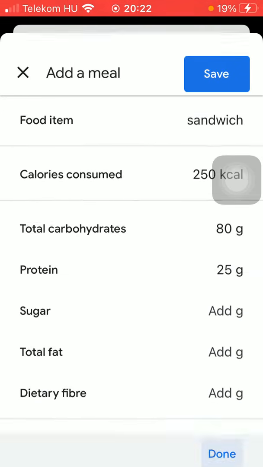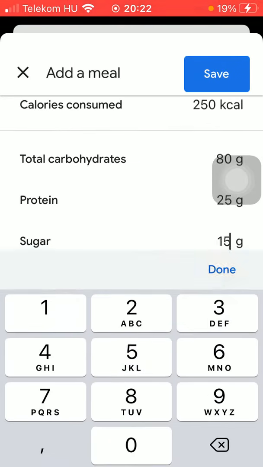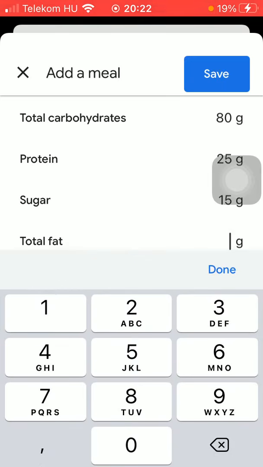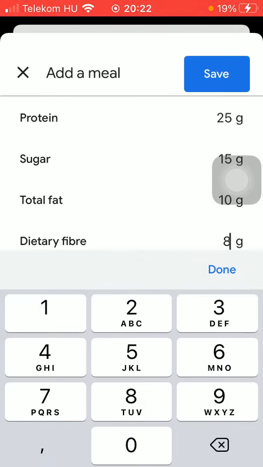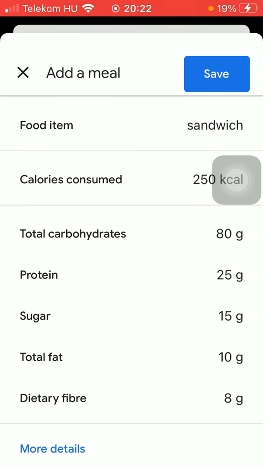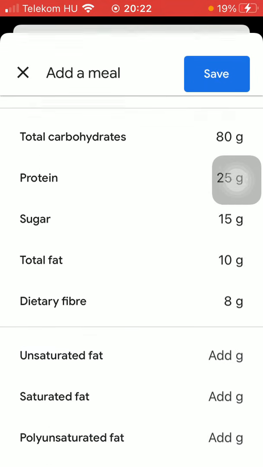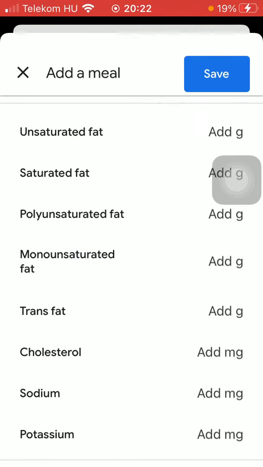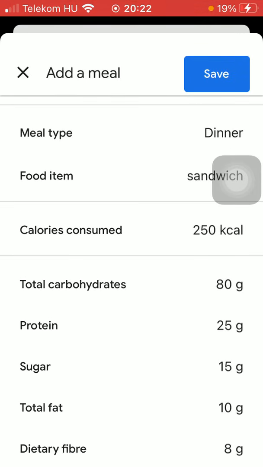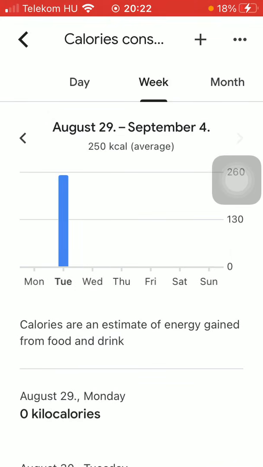protein, sugar, total fat, and dietary fiber. If you are done with adding all these details, you can also add more of these by tapping on the more details function, and you are ready to complete all these sections. If you are done with them, press the button save at the top of the screen, thereby adding a new